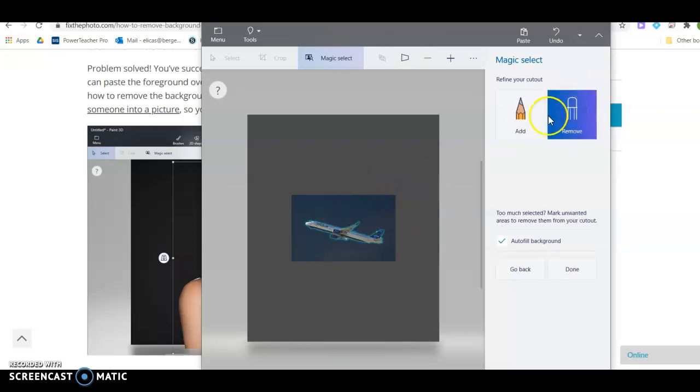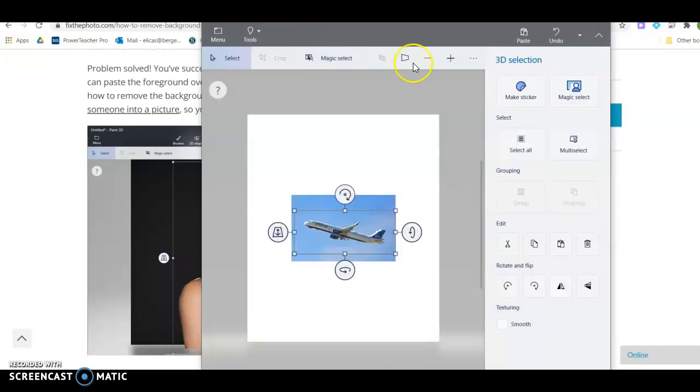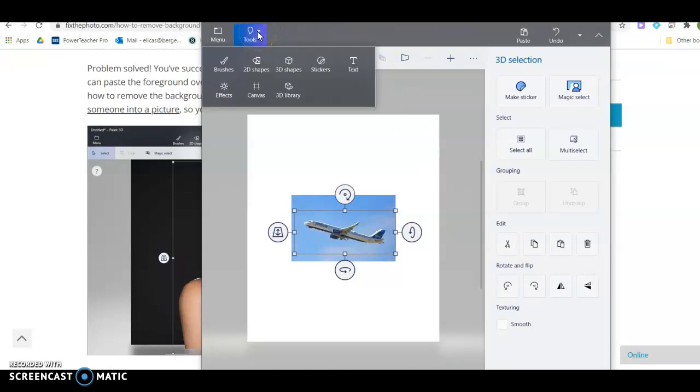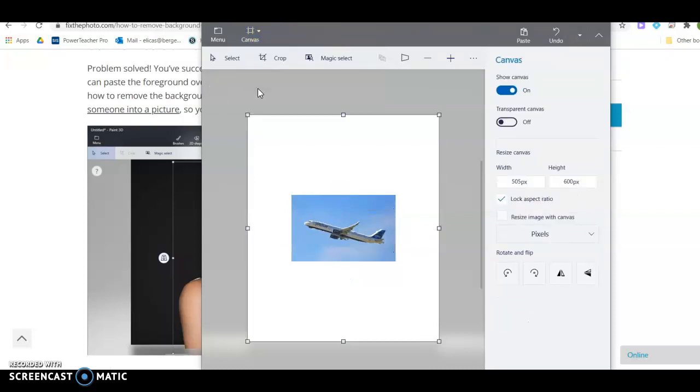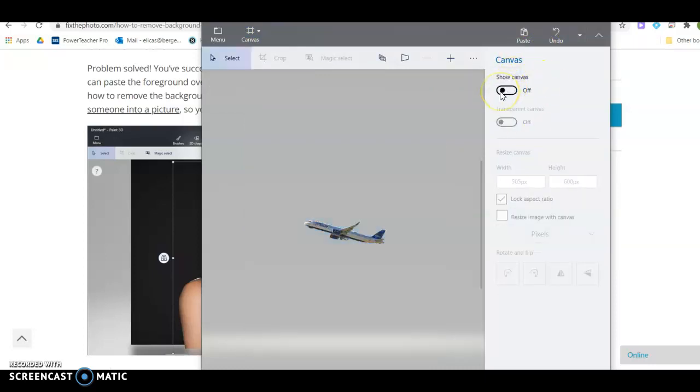Right, click on that to remove stuff. Or if it didn't pick out enough of the picture, you can obviously add stuff here. But once you've got everything that you want selected, turn your auto refill background off and press done. Then go back up to your tools and choose canvas. This is the part I always forget. And when you choose canvas, and then over here, don't show your canvas, but turn that canvas off, it will